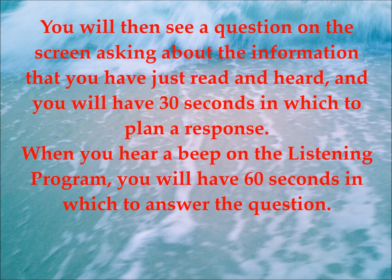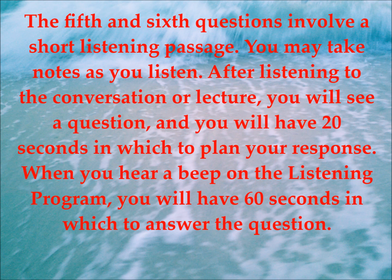When you hear a beep on the listening program, you will have 60 seconds in which to answer the question. The fifth and sixth questions involve a short listening passage. You may take notes as you listen. After listening to the conversation or lecture, you will see a question and you will have 20 seconds in which to plan your response. When you hear a beep on the listening program, you will have 60 seconds in which